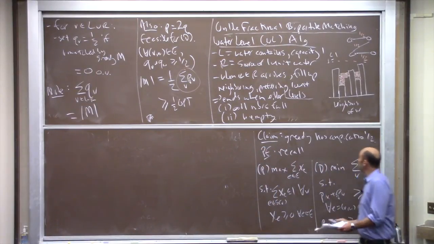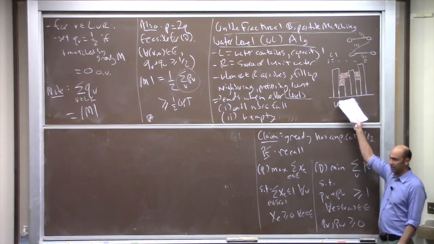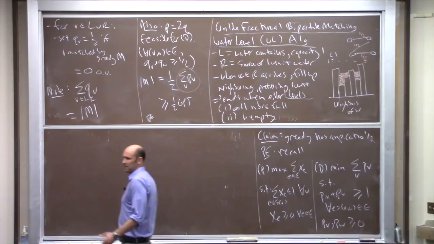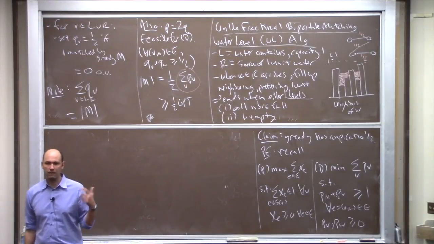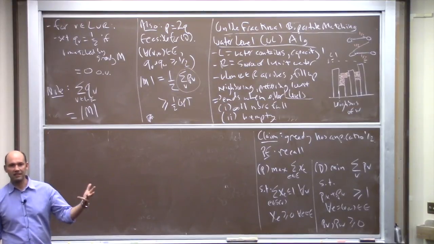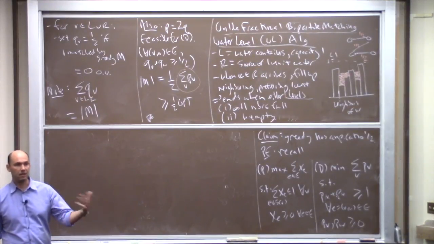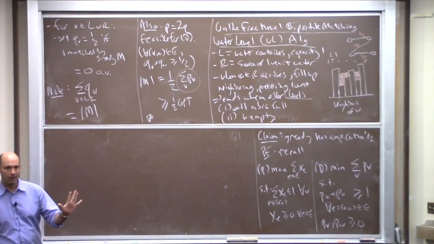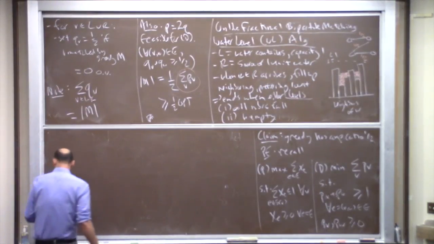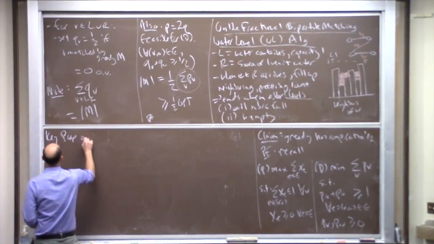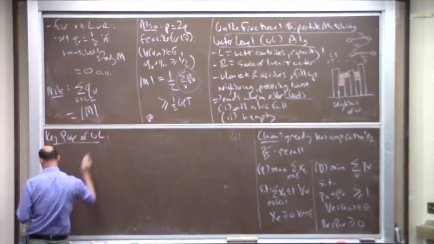So I hope this picture is easy enough to remember and store in your brain, but let me point out the main property of this algorithm that we're going to use in the analysis. It's going to turn out that this algorithm does indeed beat 1/2. It's better than 1/2 by a noticeable amount, but it's not super easy to prove that. So an important point in the analysis is the following. A key property of the water level algorithm